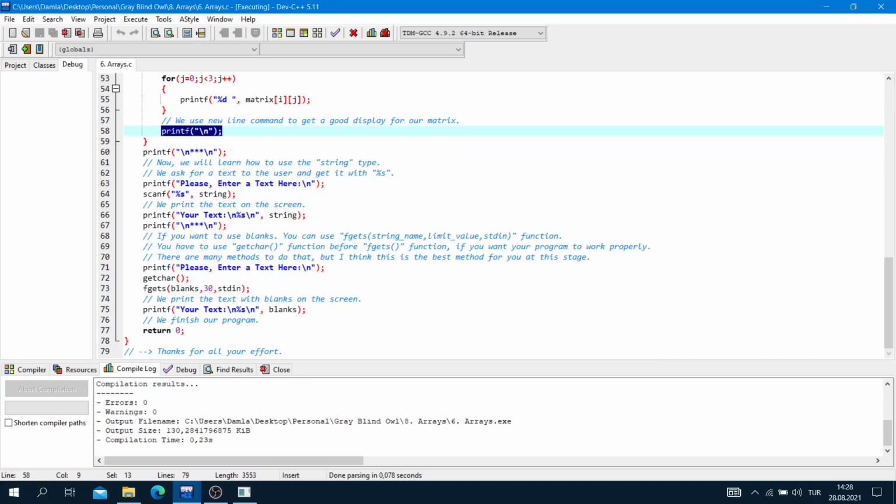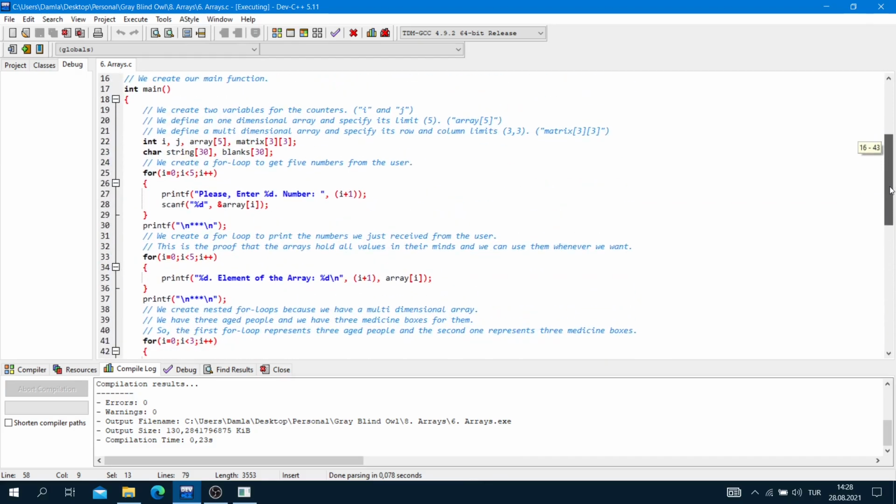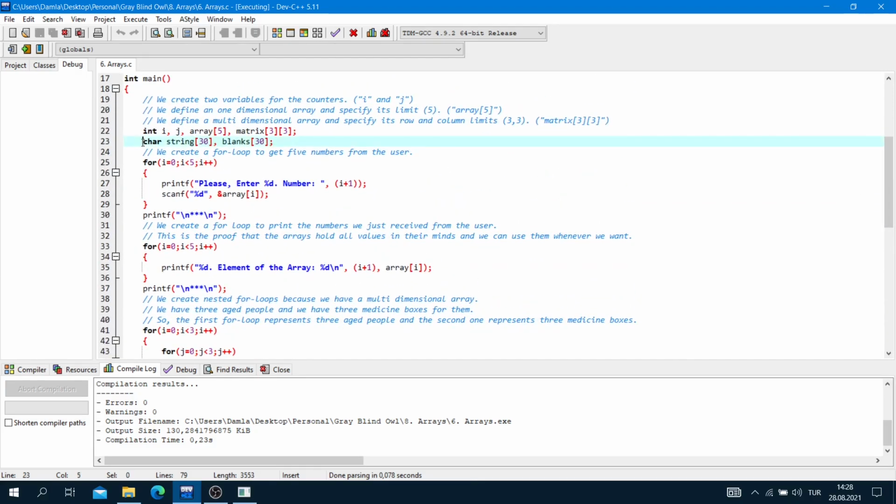Now we will learn how to use the string type. Here we define the string: char, an array name, blanks, and a semicolon.